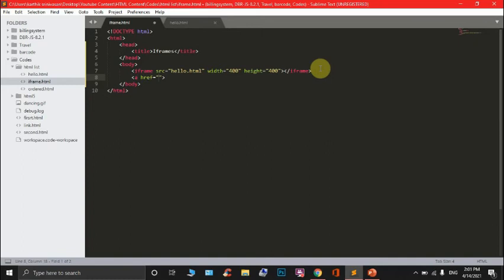So href can display order.html, and we should give the name for the iframe tag. So for the name I will type my name, Suraj, and give the target as the iframe name, Suraj. So give the target name as Suraj,